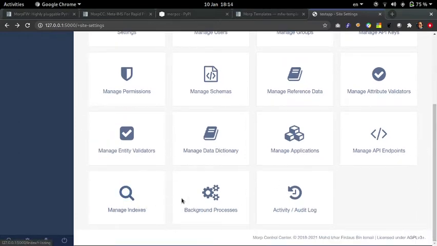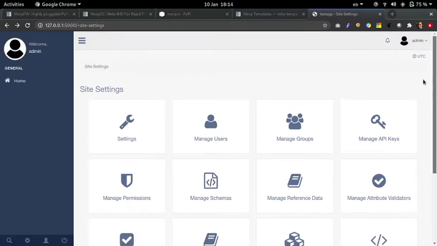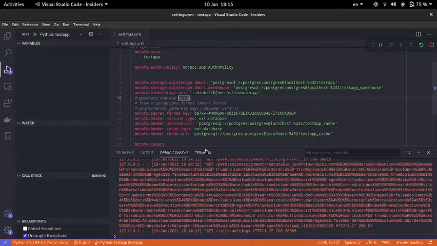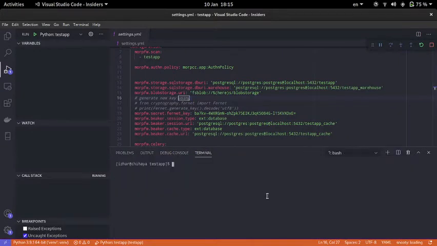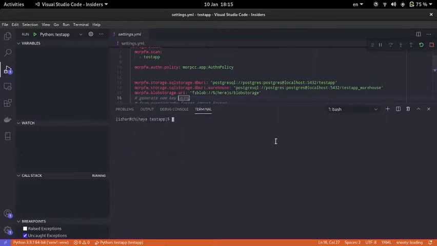And for indexes, this is for global site search, which is still under heavy development. While the background processes module here lists the background processes that you run using Celery. Okay, audit log at the moment is a very basic audit logging of activities that happen on your particular installation. Okay, so once you get the control center installed,